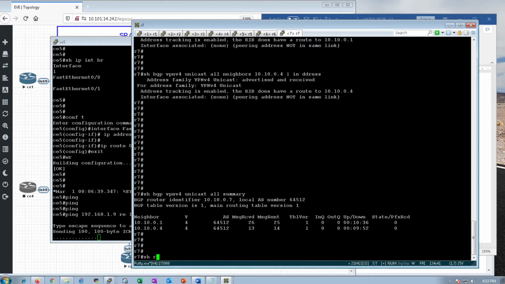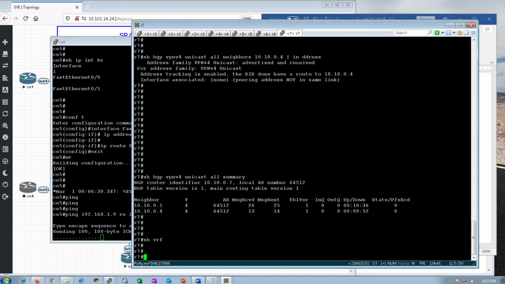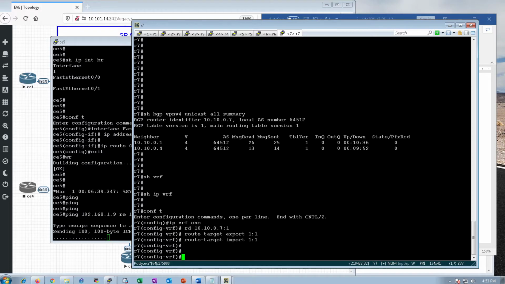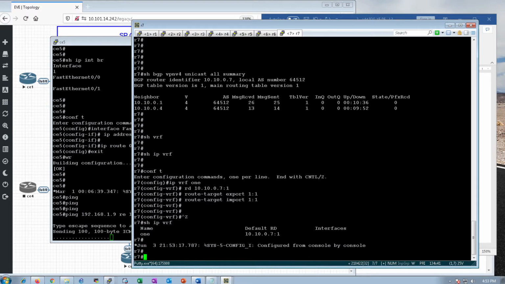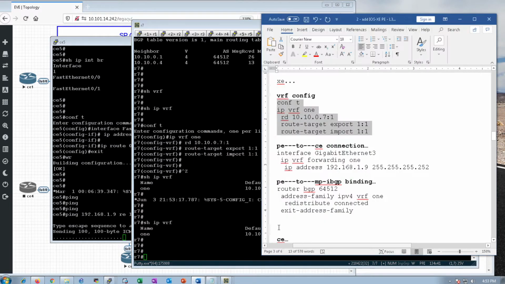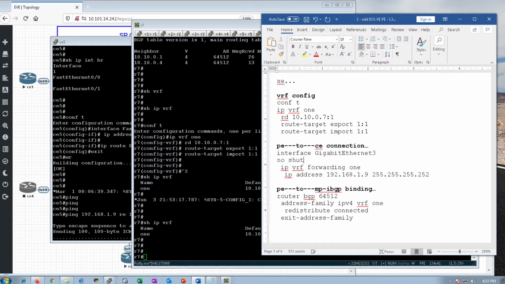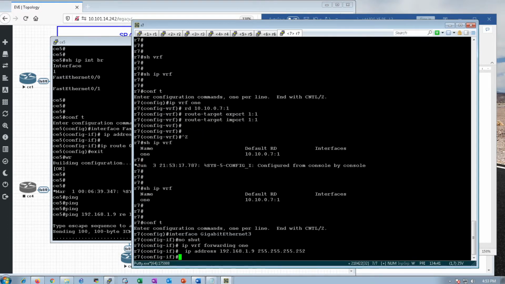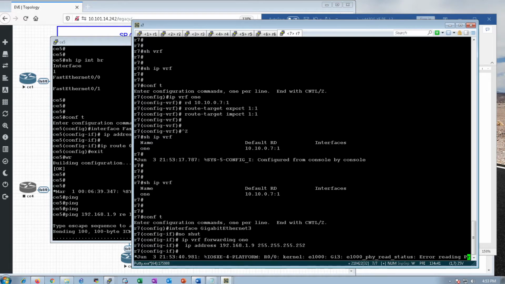Currently, show VRF is nothing. Show IP VRF. So let's configure the VRF. Okay, now we have a VRF config, but you see there's no interface attached to the VRF yet. Let's go back and add that interface now. Interface 3. Might need to no shut it. Okay, and add .9, and let's see if that interface starts pinging back there in the background